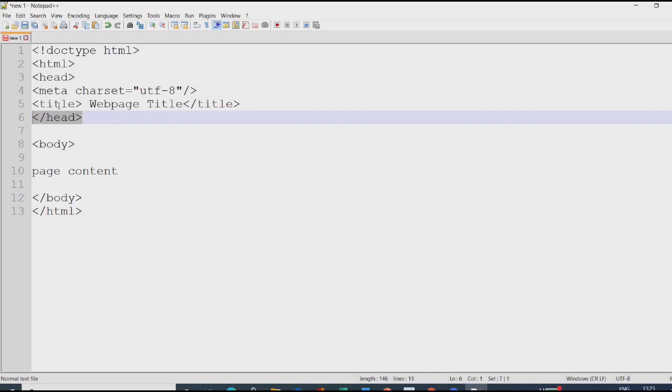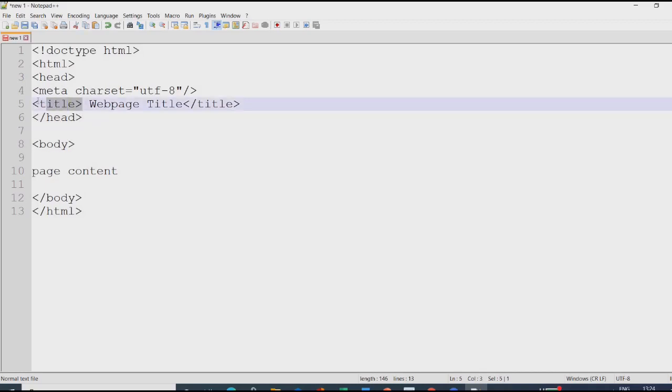These are called nested tags. The main rule about nesting tags is that if you open a tag inside of another tag, you should close it inside that tag as well, as you can see is done here with the title. So this title tag is a nested tag. Now most of the tags do have a closing tag, but as you can see a few tags do not, like this meta tag.